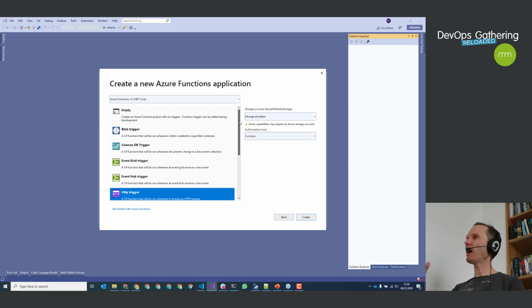So can you remember my slides at the beginning? I had this event-driven programming. This is built into Azure Functions. You are not using the regular ASP.NET Core web apps. You are not using regular, I don't know, Express.js for Node.js or something like this, but you use the specific Azure Function programming model, which is built for microservices, which are driven by events.